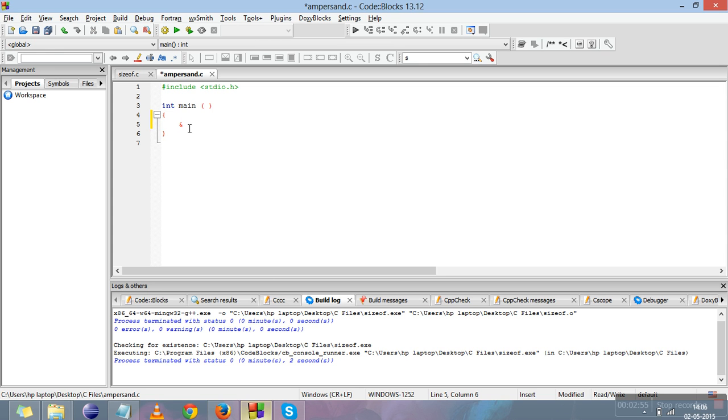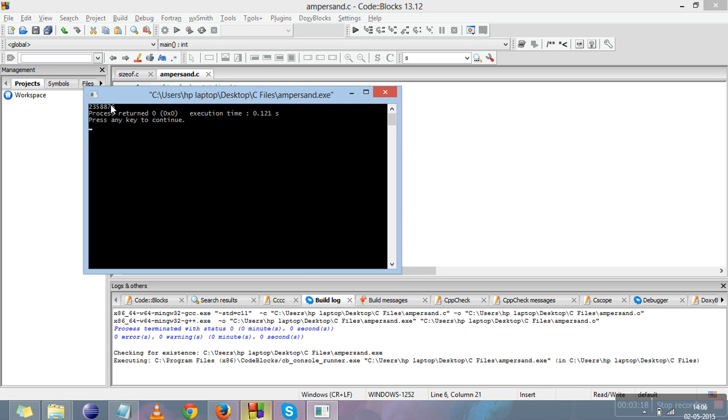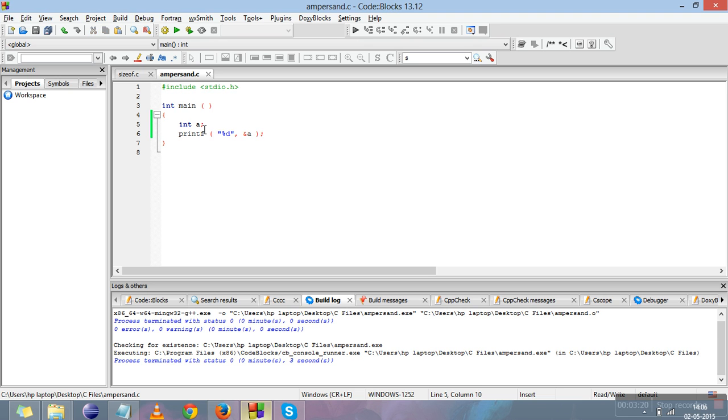We'll declare an integer variable, int a. Now we'll print the address with %d, as we want it to be an integer value. So we have used the format specifier %d and &a. Ampersand a will tell us the address where the variable a is stored. So this is the address where a is stored. If I have stored some other